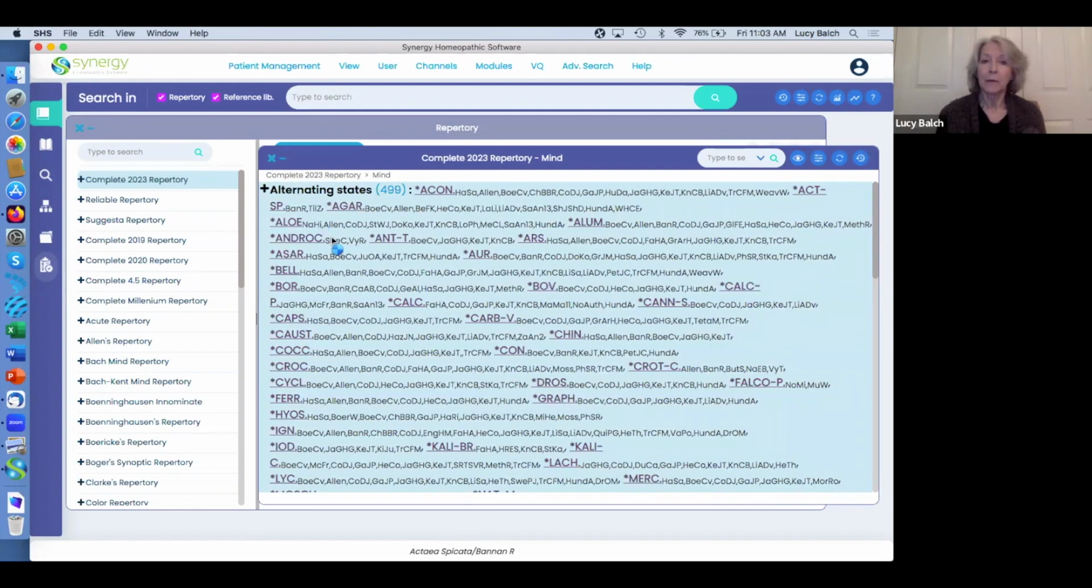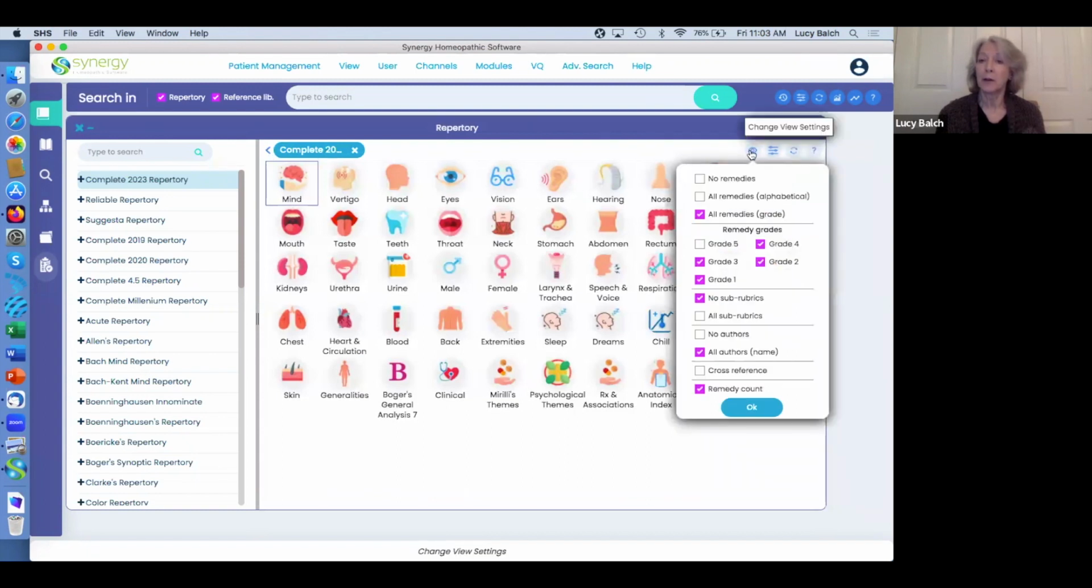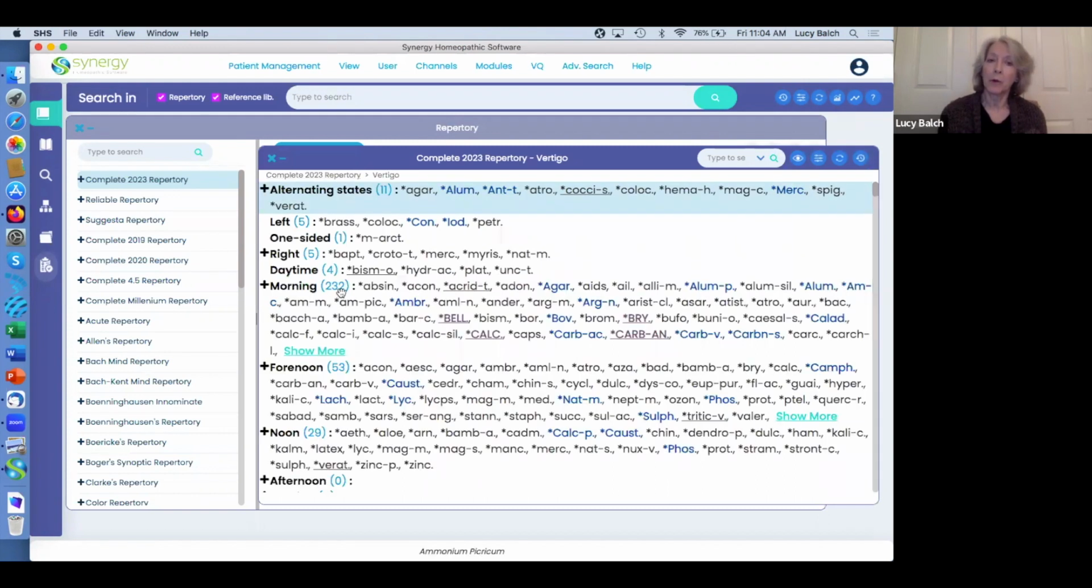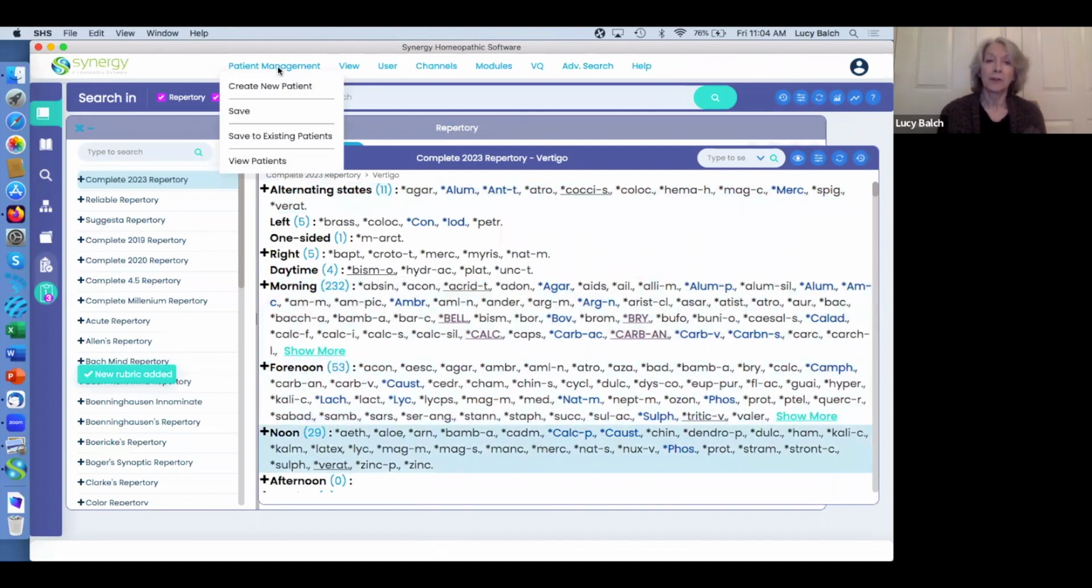Let me go ahead and, wow, I didn't know I had all that turned on. I'm going to reset my view here. I want the remedies alphabetically, but I do not want the authors. No authors. That was too much. Okay. So I'm just going to open up and get a clipboard going. We'll just throw some things on it, okay? And I'm going to save it to,